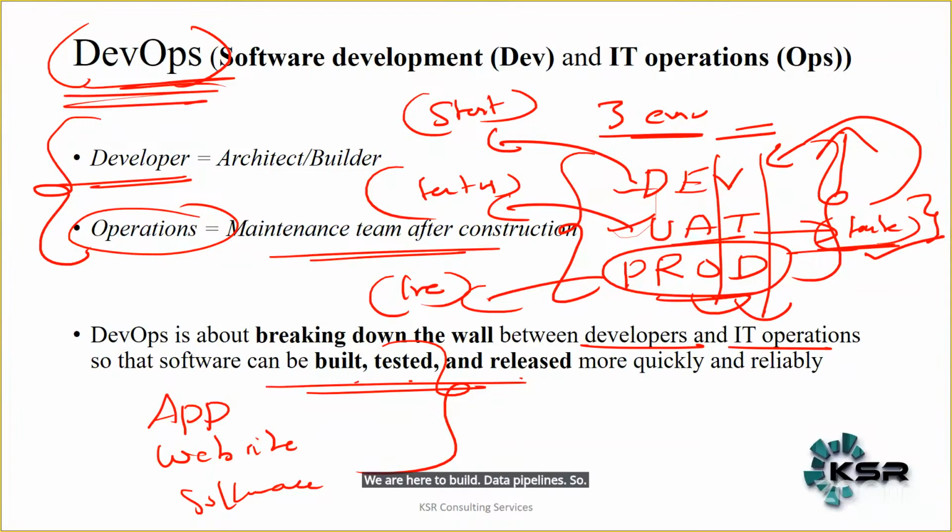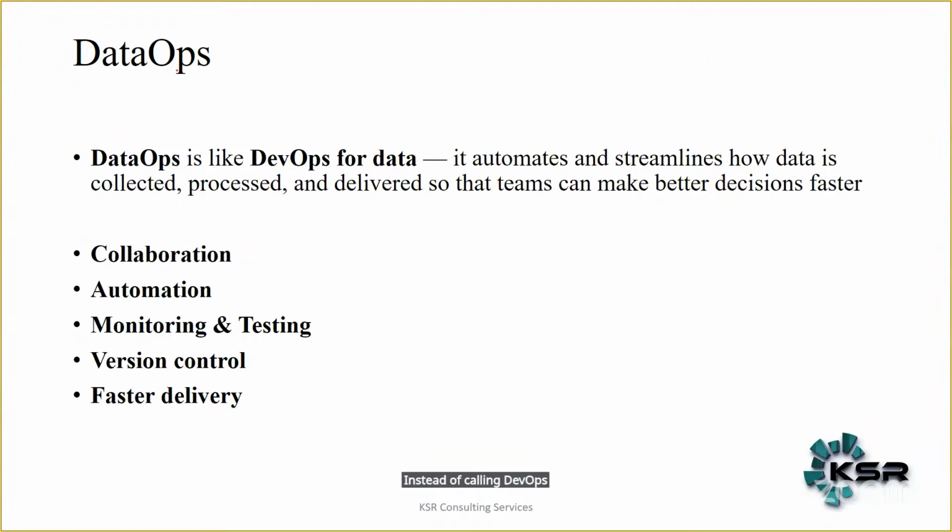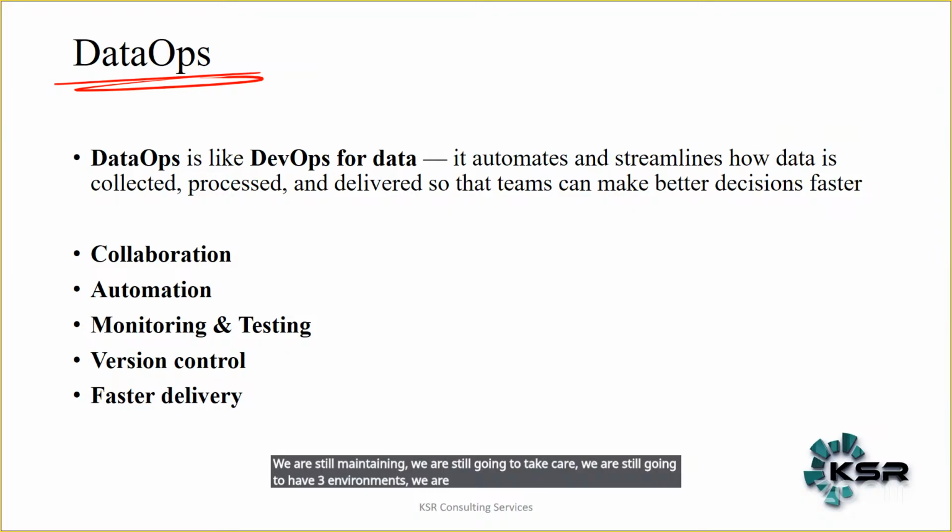So there is a new fancy word. Instead of calling it DevOps, we are calling it DataOps. We are still maintaining, we are still going to take care. We are still going to have 3 environments. We are still going to push it from development to UAT to production. All of this we are going to do, but we are going to do it only for data related